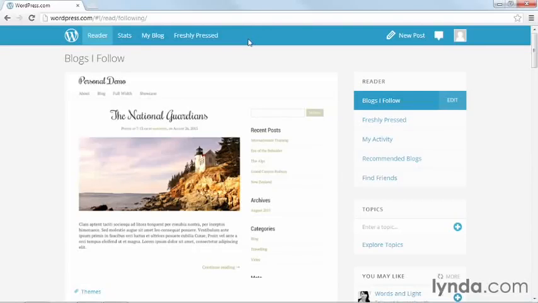Whenever you're logged into WordPress.com, you'll see a toolbar at the top of your screen. The appearance and functionality of this toolbar changes depending on where you are on the site. The toolbar helps you navigate the site and interact with your own blog or other blogs through quick links to